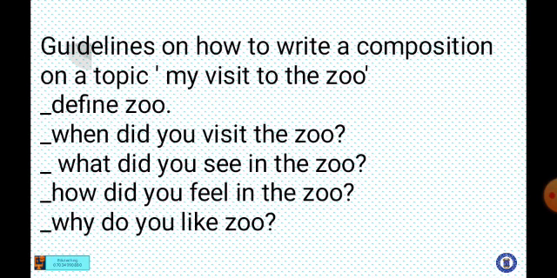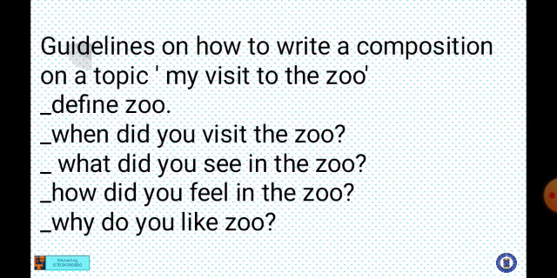So what we are trying to tell you about this guideline is that you are going to write your composition in paragraphs. You are not going to write it by numbering them. No. That when you make a sentence, you just number it, number 1, number 2. No, we don't want to see anything like numbering. You are going to write your composition in paragraphs.